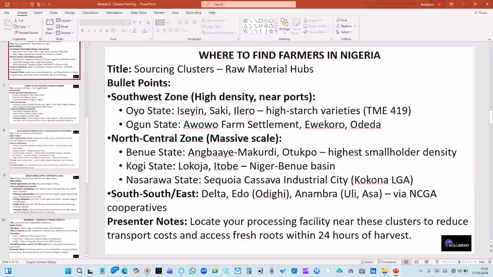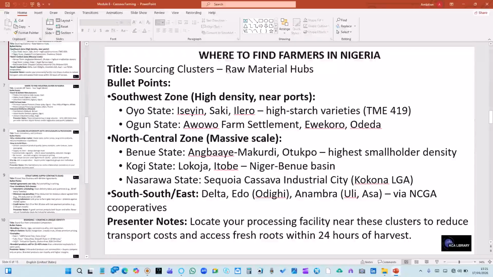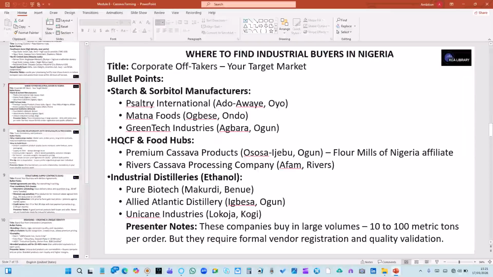Then Nasarawa State, we have Sekwa Cassava Industry City, located in Kokona LGA. Then Southeast and South-South, like Delta and Edo State, we have Ode. Then in Anambra State, we have Uli, via NCGA cooperative. Note, locate your processing facility near those clusters to reduce transport costs and access fresh roots within 24 hours of harvest. Now let us look at where to find industrial buyers in Nigeria, that is corporate off-takers,